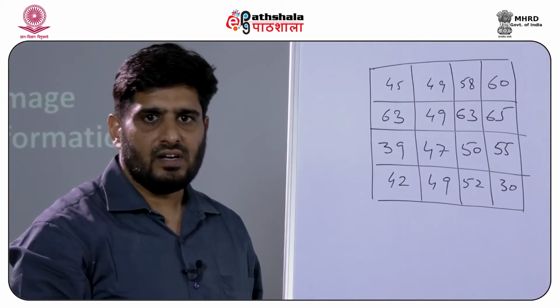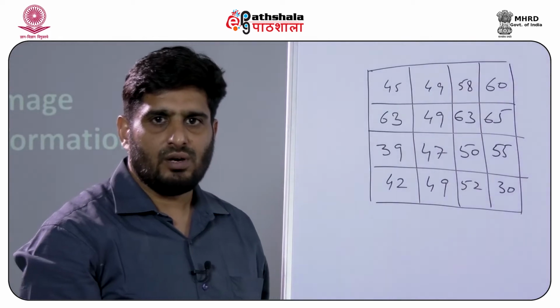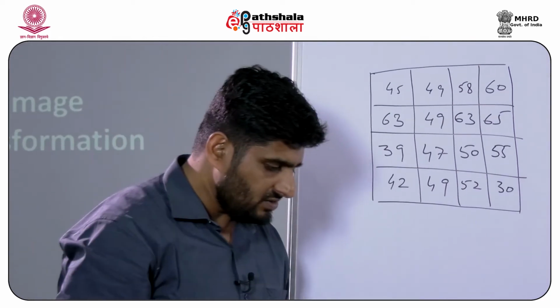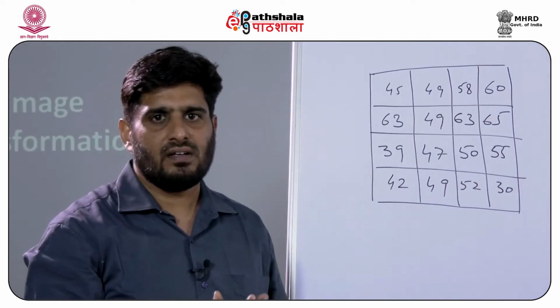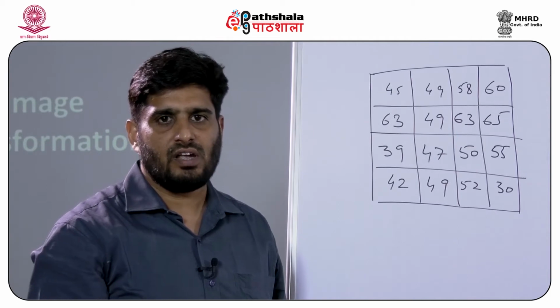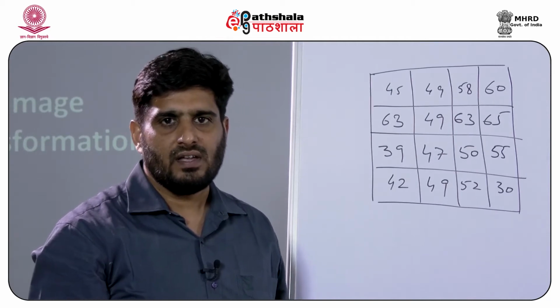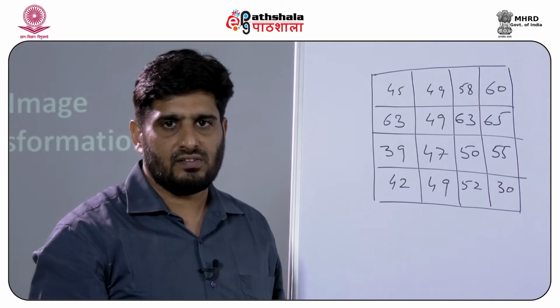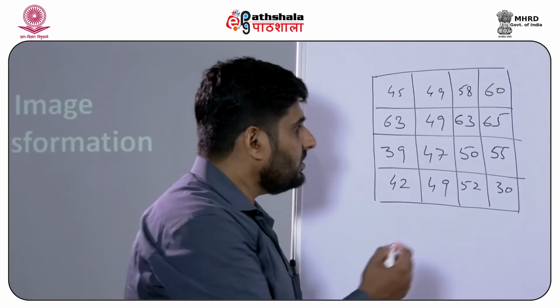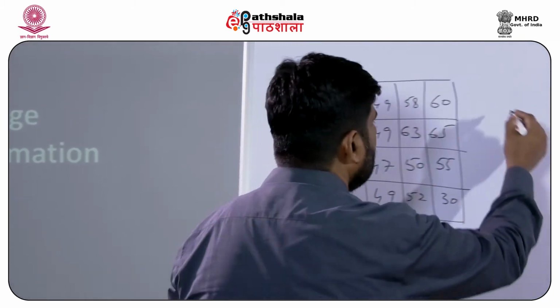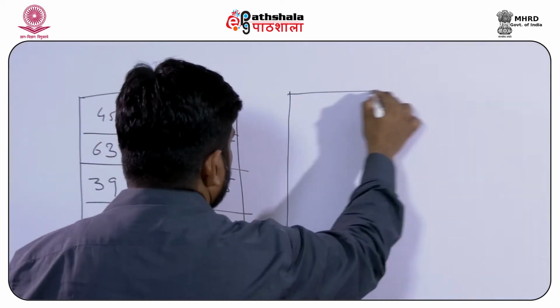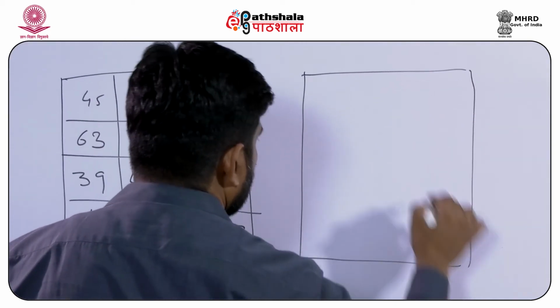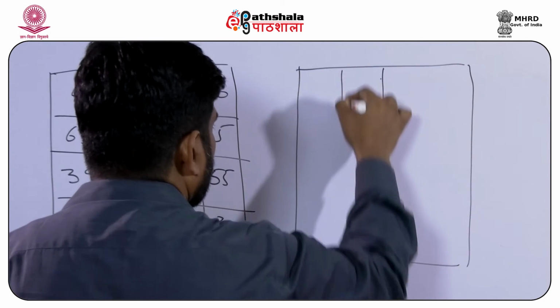Similarly, we have data from the other image or the other band of the same image. If we are applying addition, subtraction or averaging on two different images, then we have to properly co-register the image. So, for the second image or second band, let us say the data is,